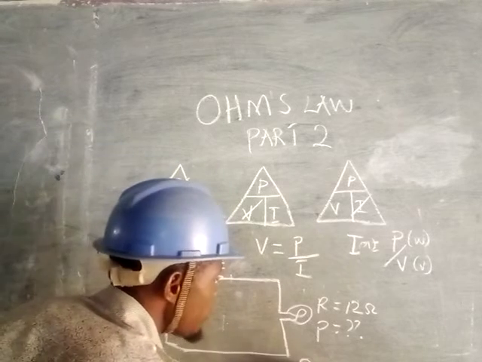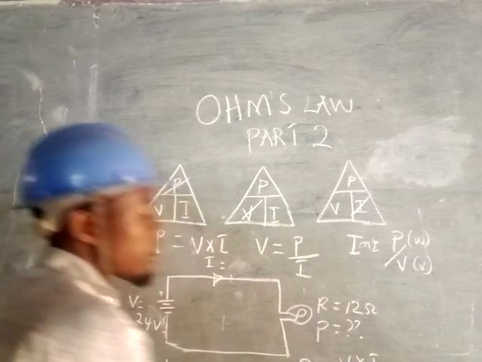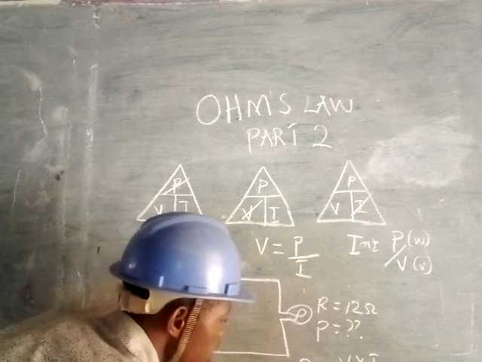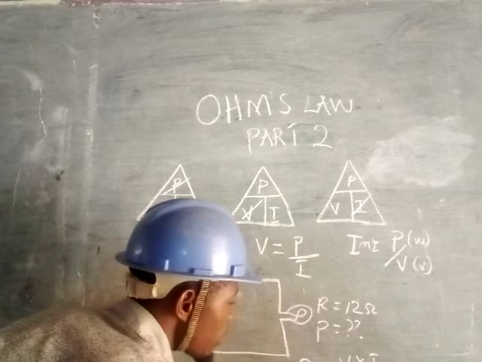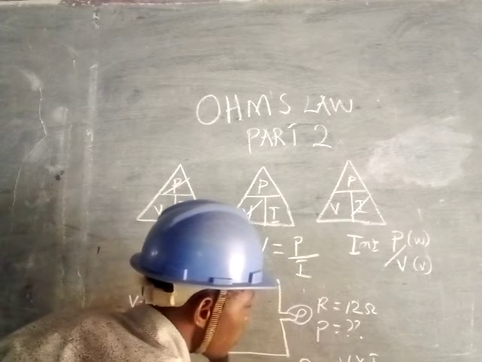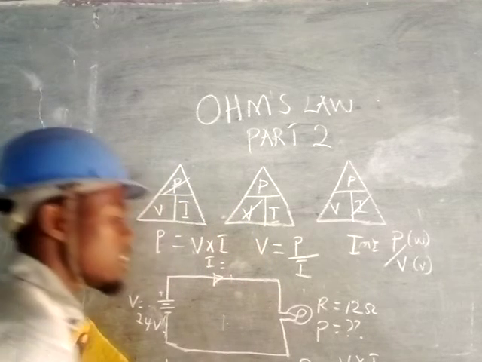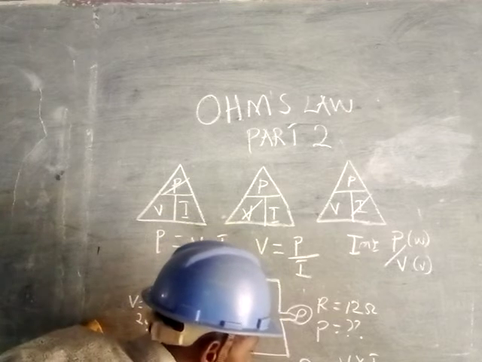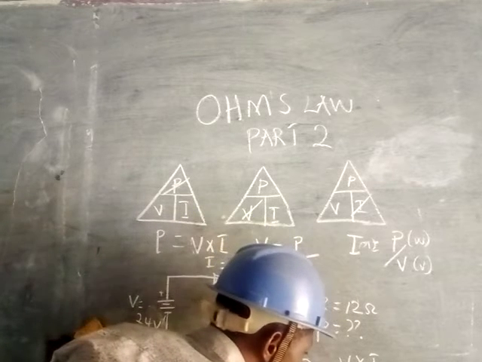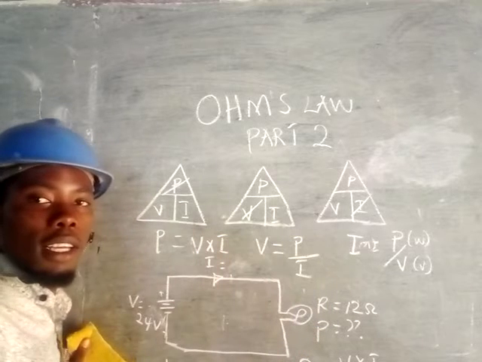Power equals voltage times current. I don't have current, so I have power, that is 48 watts. Voltage is 24 times current. Remember, you are looking for current. So here we have 48 equals 24 times current, that is 24 current. So here we divide by